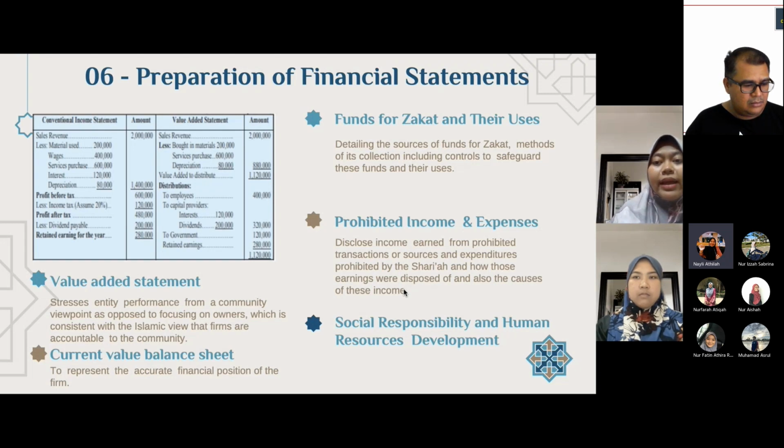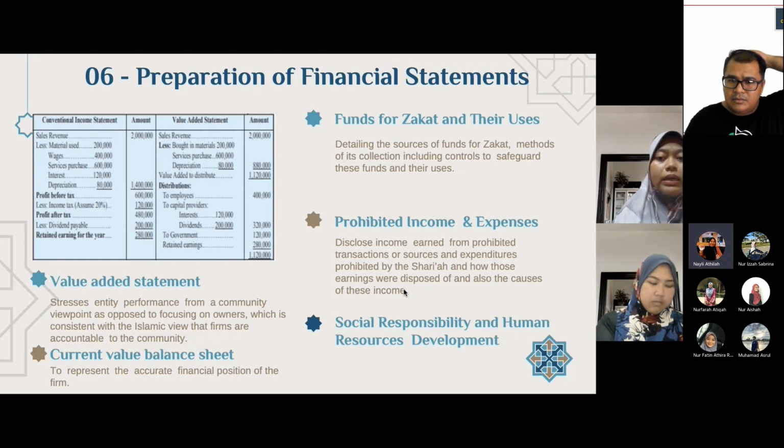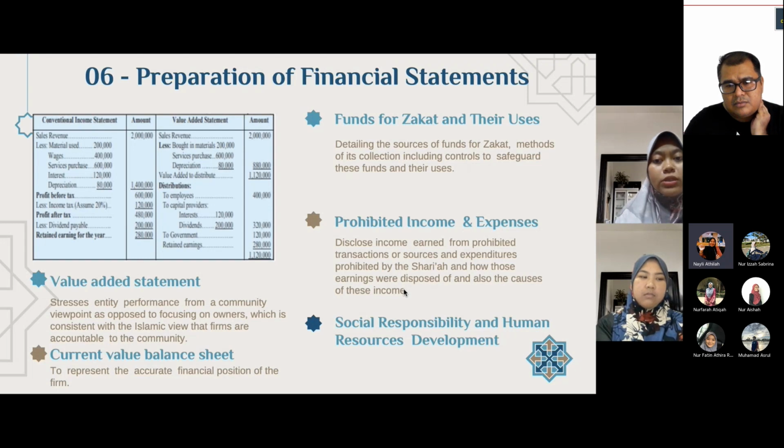Dalam report of funds for zakat and their users ni, report ni memperincikan sumber dana untuk zakat, kaedah yang digunakan untuk collect zakat, dan termasuklah juga kawalan untuk safeguard dana ni dan kegunaan dia. And untuk report kepada prohibited income and expenses ni pula, dia disclose income haram yang diperolehi daripada transaction, sumber dan pembelanjaan yang dilarang dalam syariah dan macam mana income yang haram tu dilupuskan dan juga termasuk causes kepada income haram tu. Dan last report yang perlu disediakan untuk Islamic accounting ni ialah social responsibility reports and human resources